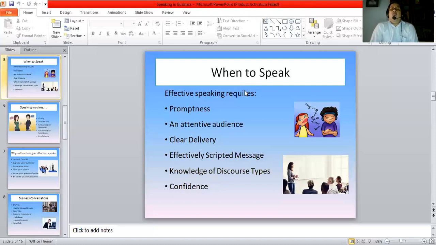Also, you need to know the kind of speech that you are using or saying, the discourse type. What is discourse type? Is it a congratulatory speech that you are giving to a colleague? Is it a speech in which you are trying to woo an audience? Is it a sales talk? Is it a persuasive speech? Is it a speech in which you are talking about failure and you're trying to point out the reasons for that failure? So these are different types of spoken discourse.